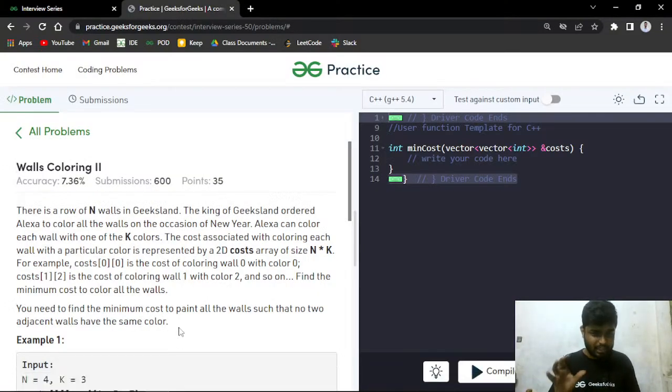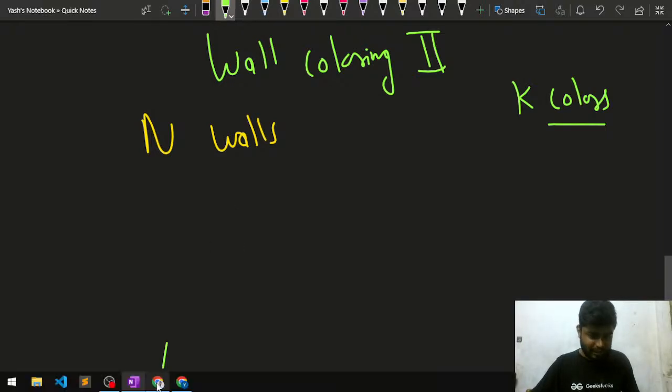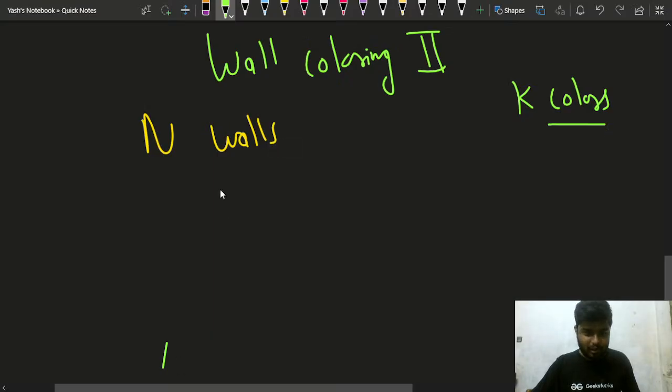The cost associated with coloring each wall with a particular color is given in an array. Suppose there is an ith wall and k is 3.